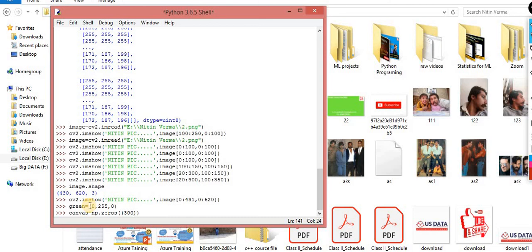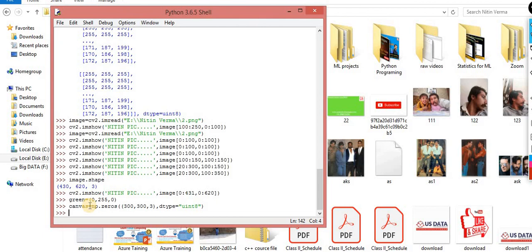I want 300 rows, 300 columns, and 3 channels. Then I have to assign the dtype, the data type, that is unsigned int 8, uint8. So I did it.